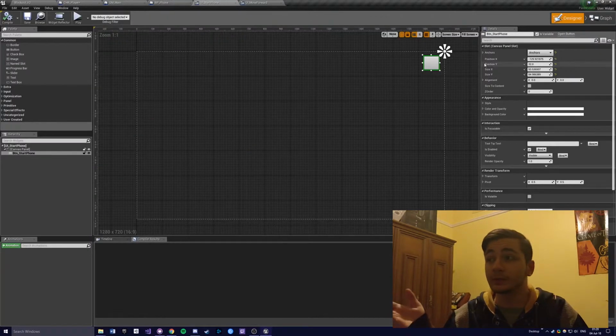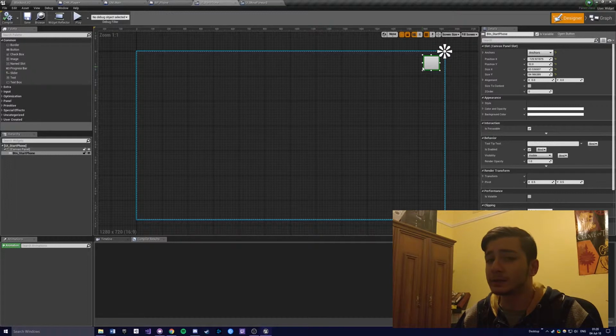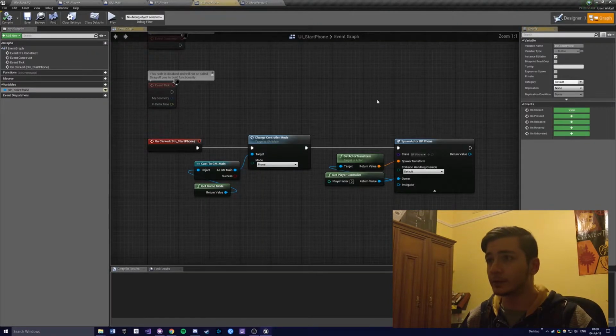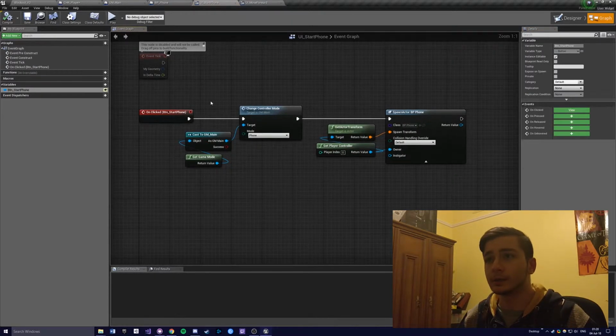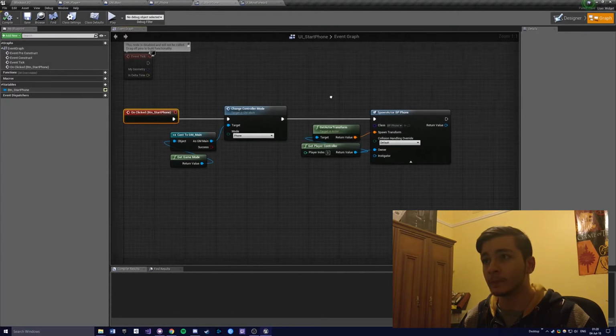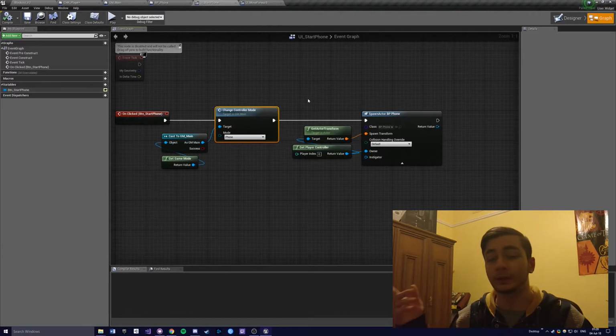Okay, so this blueprint I've got on the screen right now is actually for bringing up the phone, and this grey box I have in the top right corner will be probably the only UI element that is present in the game. And that'll bring up the phone, which will default to the camera screen. So I've got here on the graph a simple on-clicked event for that button, which is on the screen, and that changes the control mode to phone, so it will disable the moving forward and looking around, like I explained before,